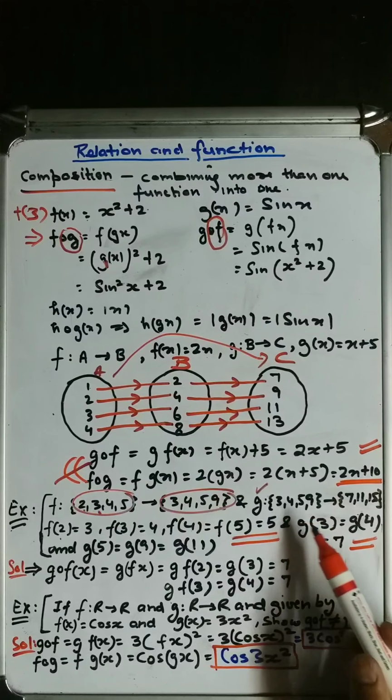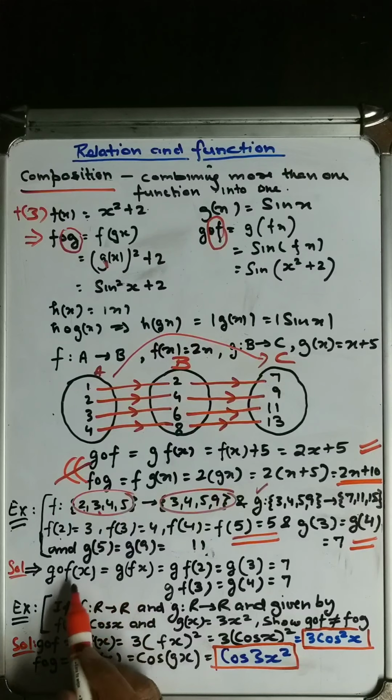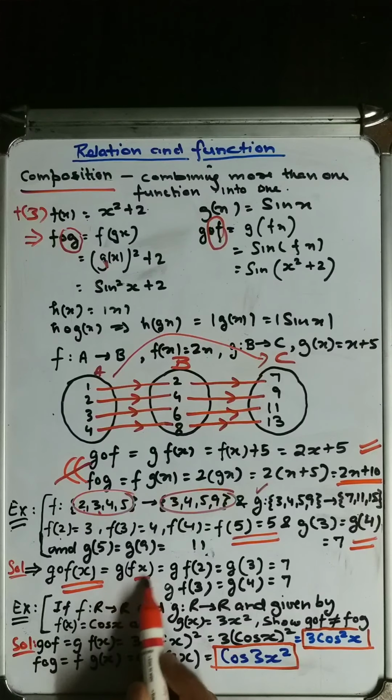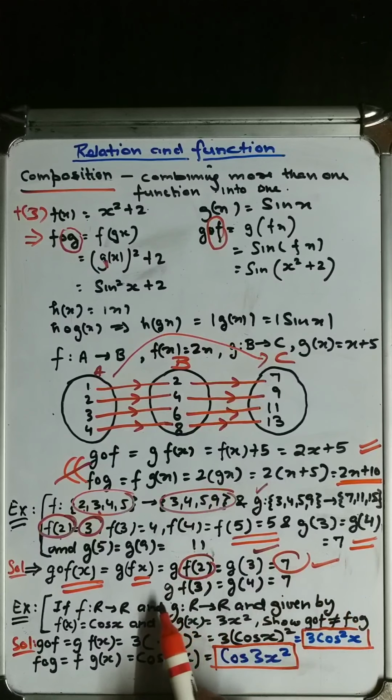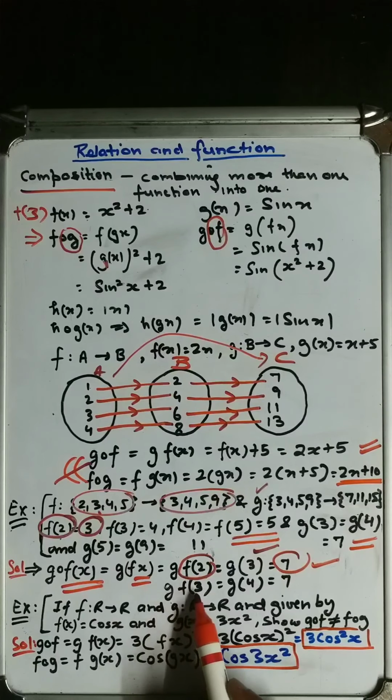So in this case, we have to find g of f. g of f will be equal to, now this is the domain, so write this as domain. So in place of f(x), suppose we are finding the f(2) value. So f(2) equals 3. In place of this, we are writing 3. And what is the value of g(3) now? g(3) equals 7, given. Clear? Now suppose we have to find g of f(3).